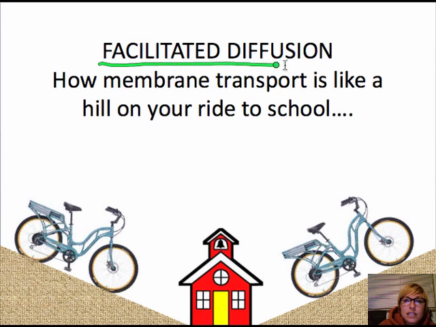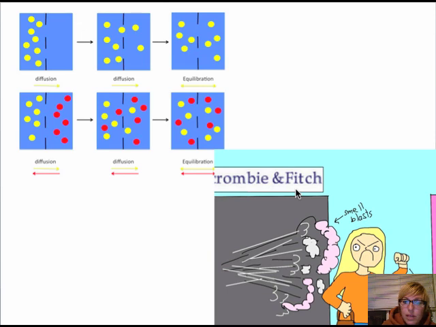Now, facilitated diffusion is basically diffusion with help, and it's a lot like riding your bike to school and having a hill. Let's talk about what we already know. We know that in diffusion, molecules move from an area of high concentration to an area of low concentration until